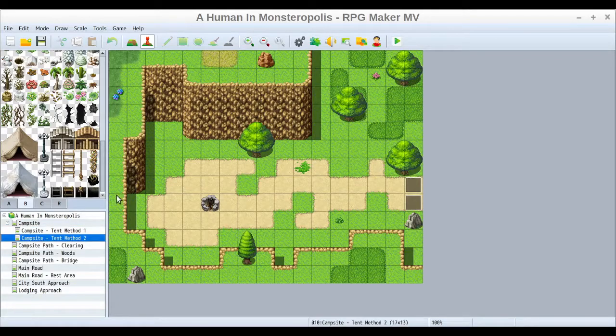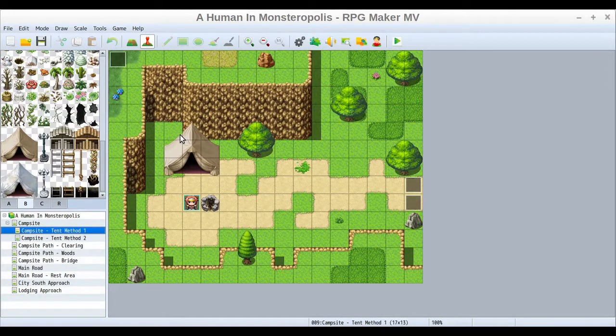But the key advantage of doing it another way is that you could change it a little bit more interactively, a little bit more dynamically, instead of just having it like this once and then changing it one time, and that's pretty much it. That's pretty much all you would use this introductory map here, the tent method 1 map 4, for. You'd probably even delete these transfer events and things, because you're not ever going to be leaving this map